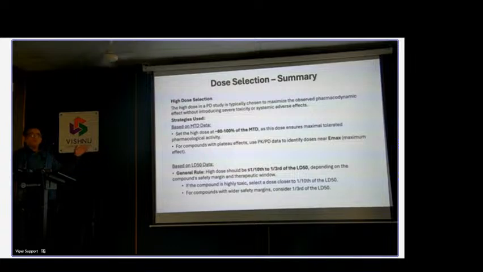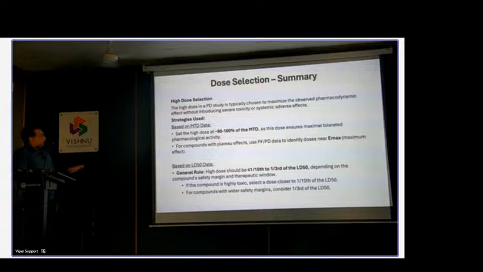So where you need not go to the high dose, because there is no further exposure. For example, if you're using 10, 30 and 100, and 30 and 100 have the same PK data, then 100 may not be the right dose, because you're unnecessarily adding more drug to the body. So you can end up with 30 as your dose, because that itself has similar pharmacokinetics. Although I'm talking about the 2D structure, in the industry or in your real research, you would end up with maybe 8D, like 8 directional data you have to collect to make a call.